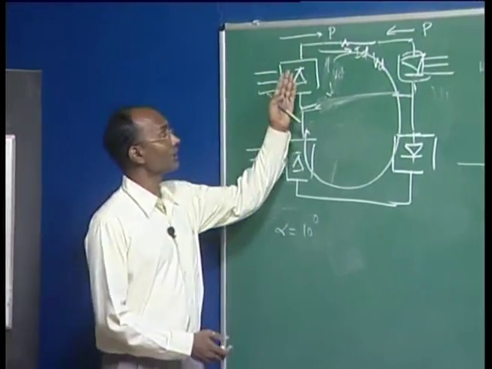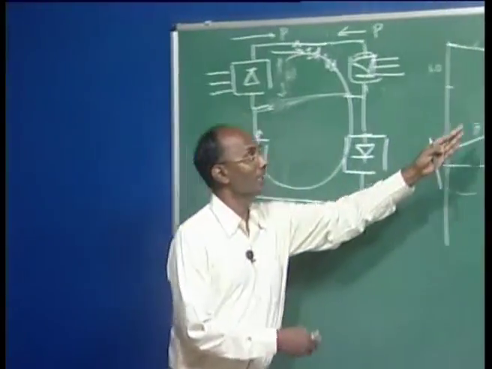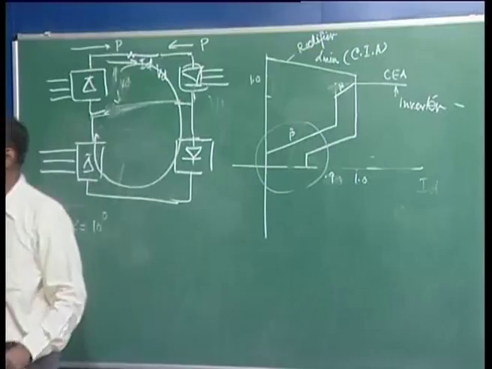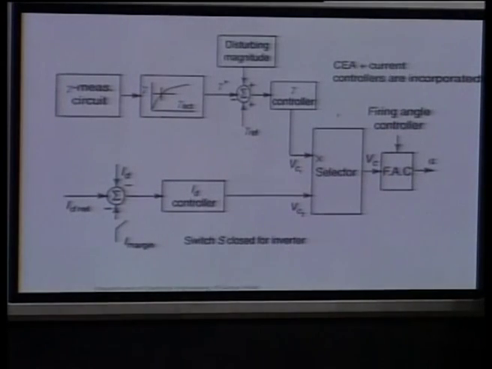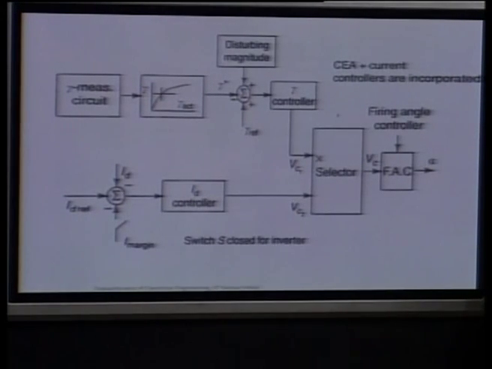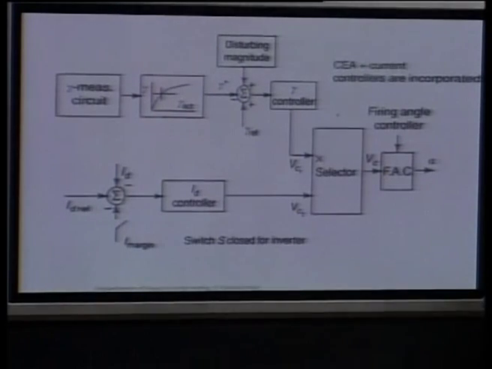As I said, if this is going to be an inverter, because of the power reversal case, the reference here is changed in this mode. The current is further changed in the margin here, and then we have to change alpha accordingly. So this switch is only closed when power reversal is there at the rectifier end. Now this is your inverter side.